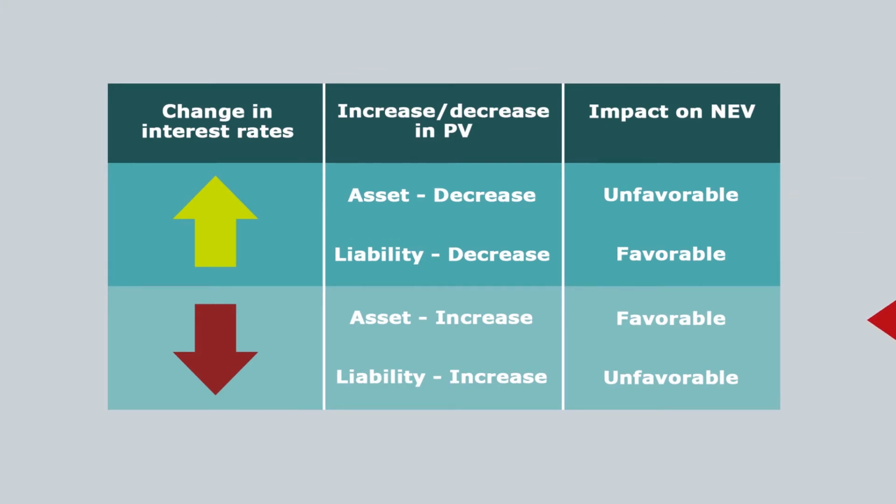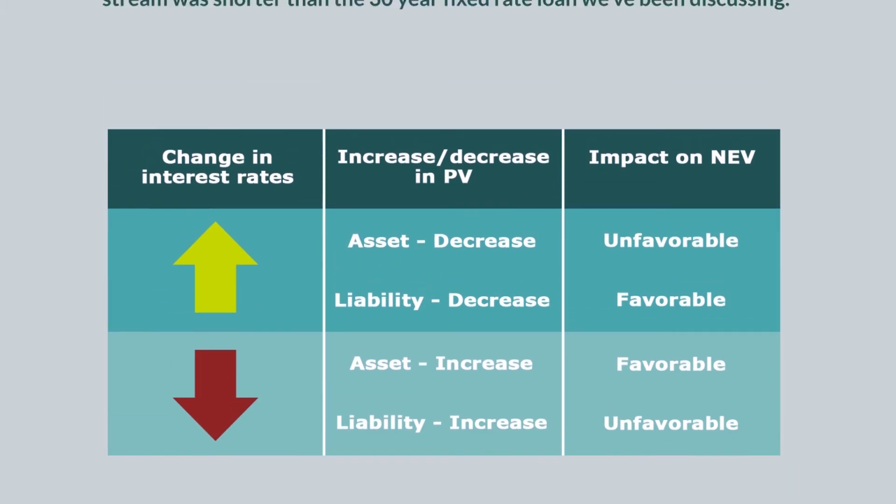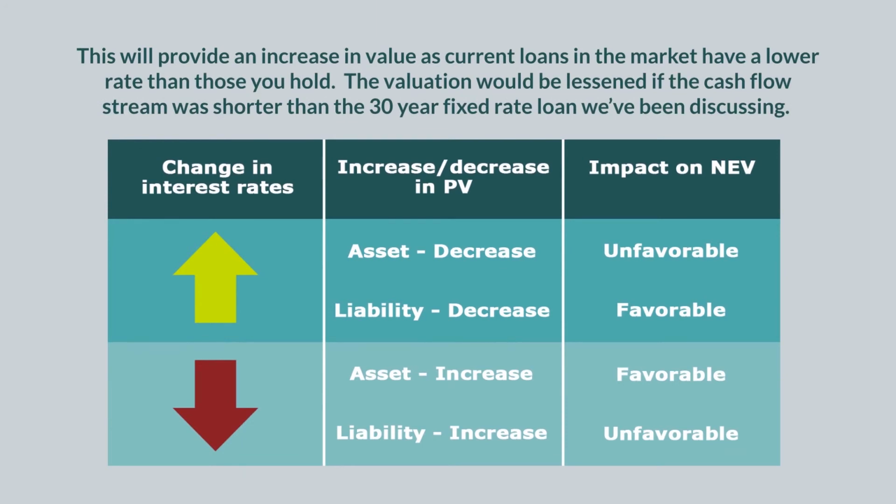However, if interest rates go down, the opposite is true. The interest rate on the loan will be higher than the current rate new members get when obtaining a home mortgage. This will provide an increase in value, as current loans in the market have a lower rate than those you hold. The valuation would be lessened if the cash flow stream was shorter than the 30-year fixed-rate loan we've